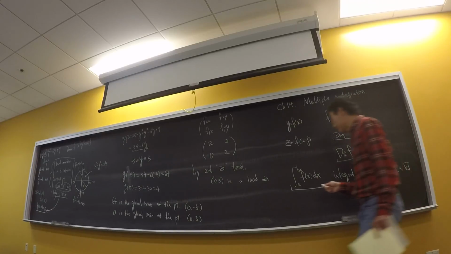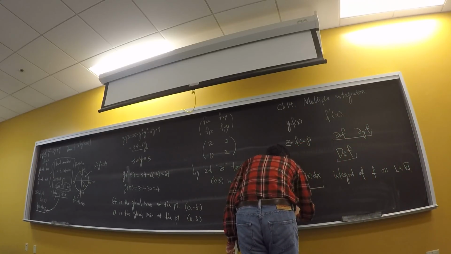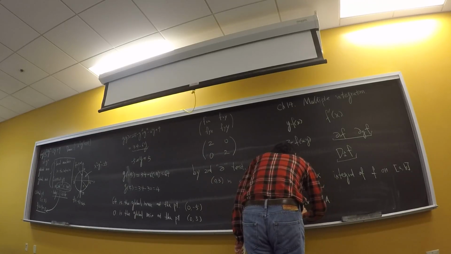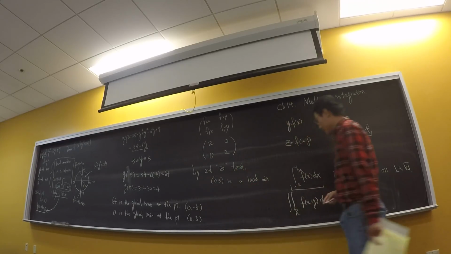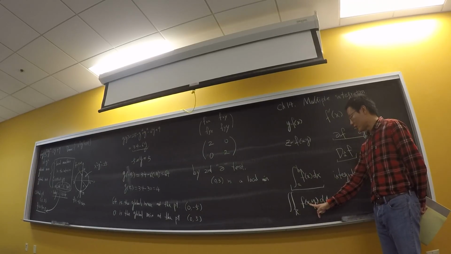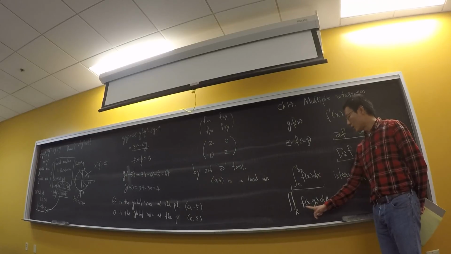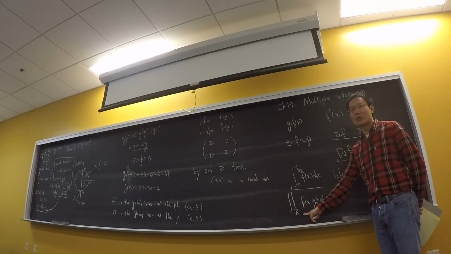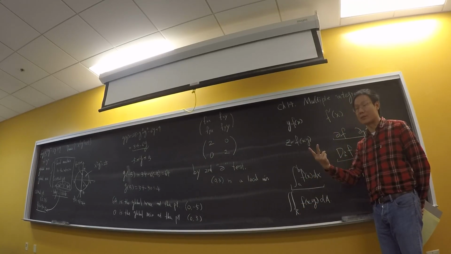However, imagine if I'm taking a double integral of a function involving two independent variables. This will be the general form. This means I'm taking the double integral of a function involving two independent variables on a region R in R2. All right? So if we're taking the double integral, we still have to have two pieces of information, the function